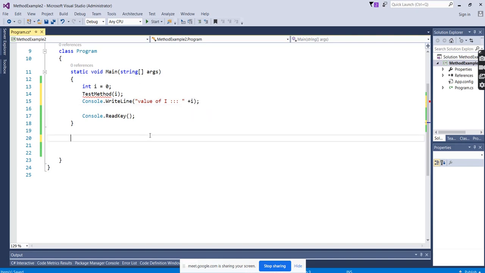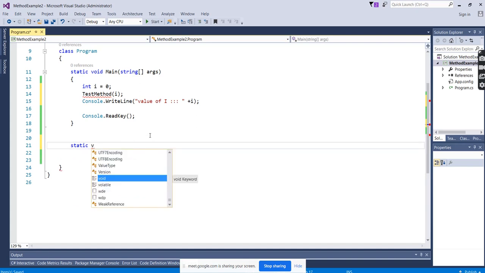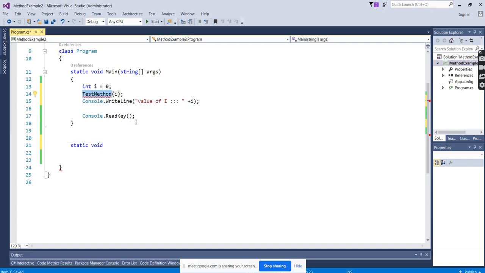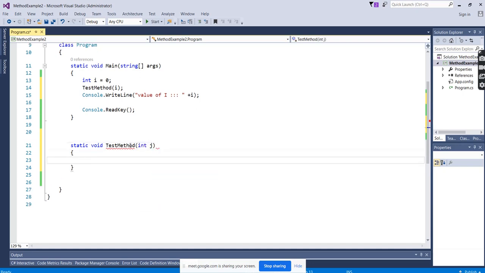So we create the method. Integer, I take it as j, no issues. Here I will assign j equal to some value.